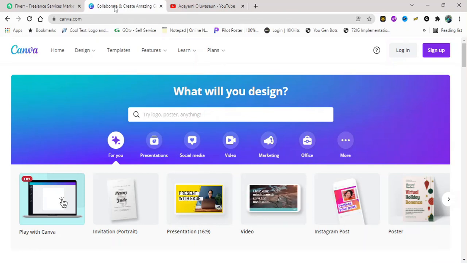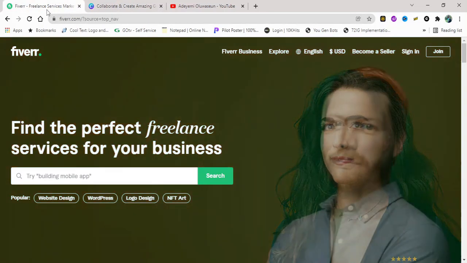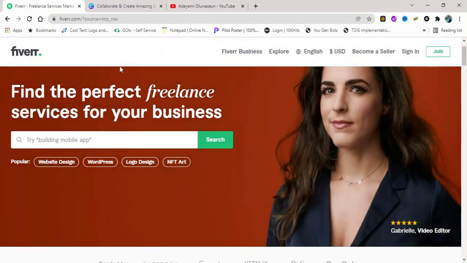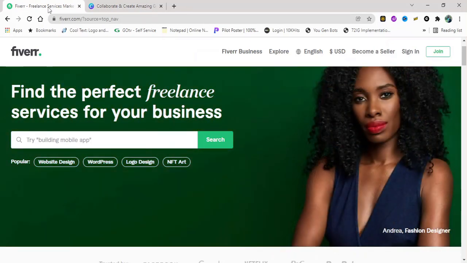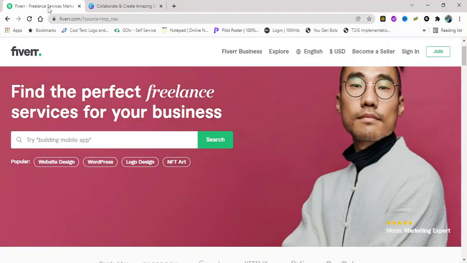the next thing is to create a gig. But before you create a gig, you must know what you want to sell, which gig you want to create. Let's go straight to Fiverr right here, and I'm talking about Fiverr and Canva. There are so many things that you can sell inside this Canva on Fiverr, and the Fiverr guys are making cool money. First thing is